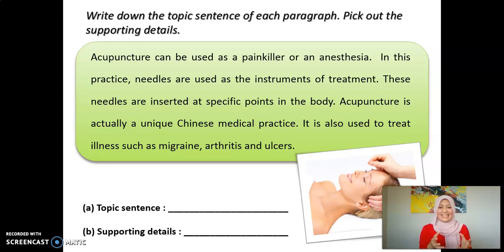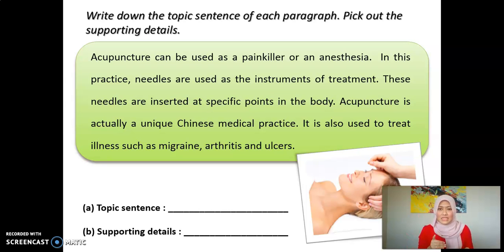So which sentence can be considered as the topic sentence? It is located in the middle of the paragraph. Acupuncture is actually a unique Chinese medical practice. It contains the main idea of this particular paragraph, and the remaining sentences